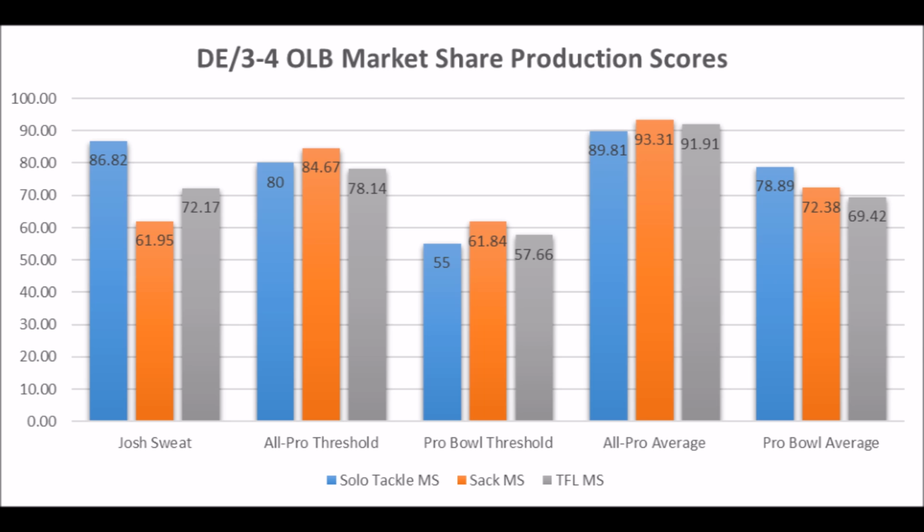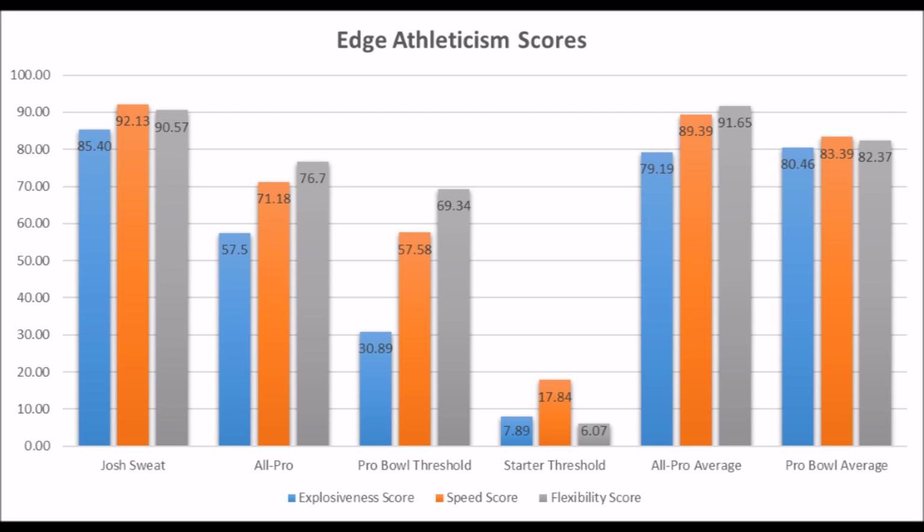When you look at his overall production, he looks more like a Pro Bowl player than an All-Pro player when you look at it collectively, but has very good athleticism traits. He's by far the best testing edge rusher in this class. In terms of athleticism, 85.40 in terms of explosiveness, 92.13 in terms of speed, and 90.57 in terms of flexibility